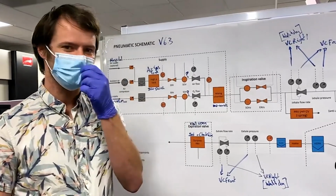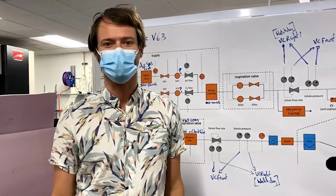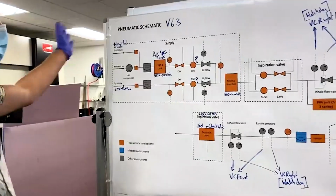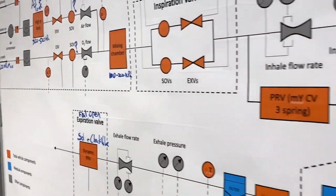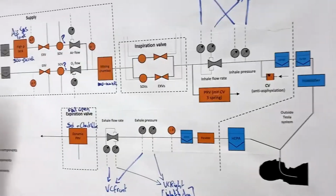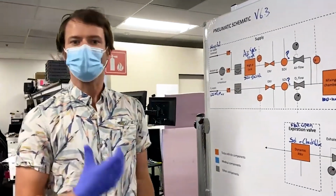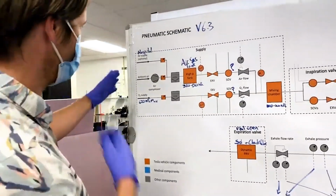As Lars said, we've been working on developing our own ventilator design, specifically one that's heavily based on Tesla car parts. We want to use parts that we know really well, we know the reliability of, and we can go really fast, and they're available in volume. So here's our kind of high-level schematic design. You can see that all the red parts here are Tesla vehicle parts, so we've used a lot of those. What is a ventilator? A ventilator is a device that helps patients breathe who can't breathe well for themselves, and it does that by forcing air into their lungs with a pressure or a volume control, and then they exhale